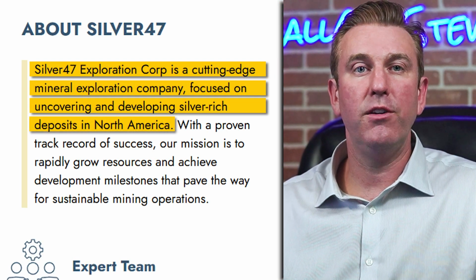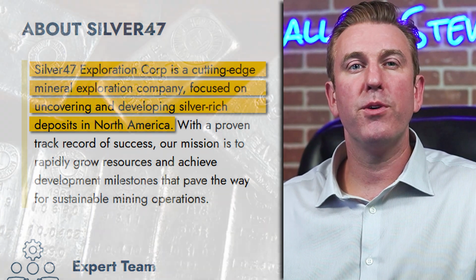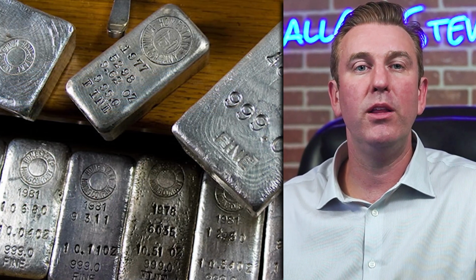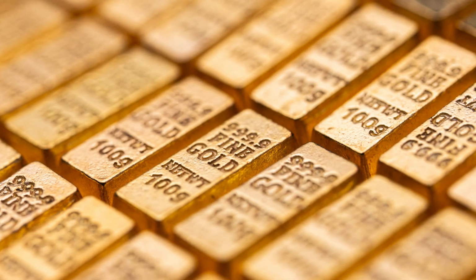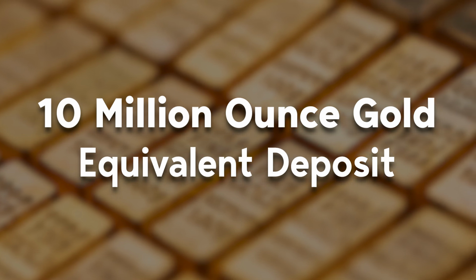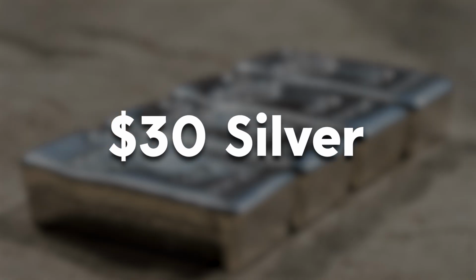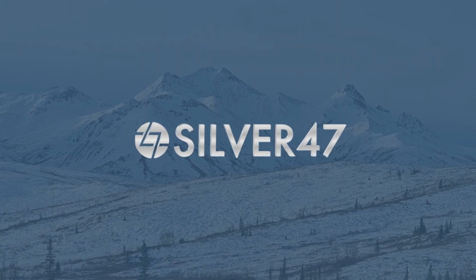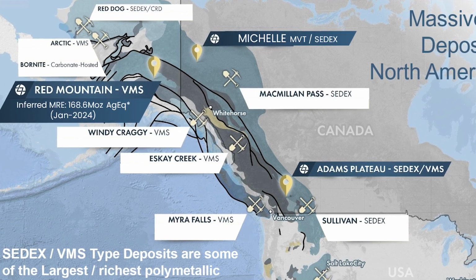Silver47 is an Alaska-focused explorer hard at work in America's far north. As per the company, their main goal is to establish an explorer that has a billion-ounce silver equivalent resource. For those of you that prefer gold equivalent as a metric, that's about a 10 million ounce gold equivalent deposit using simple figures like $3,000 gold and $30 silver. In other words, Silver47 has massive aspirations, but they're well on their way to hitting their target, with 3 large